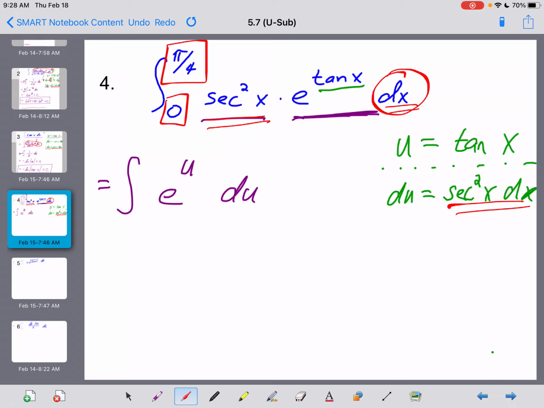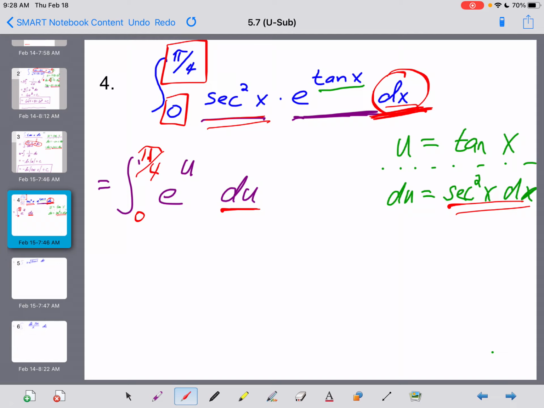Here's where it becomes necessary. 0 and pi over 4 are the lowest and highest values of x in this interval. But now we've changed the game, everybody, through u substitution. We are now integrating with respect to u. So don't write this down. Putting a 0 here and a pi over 4 right here doesn't make any sense